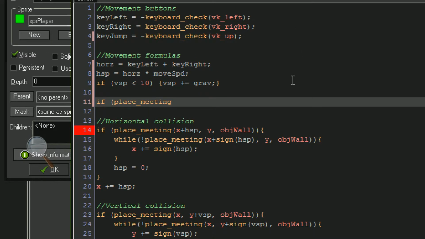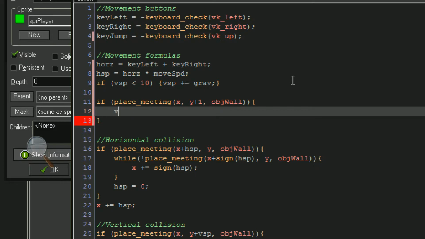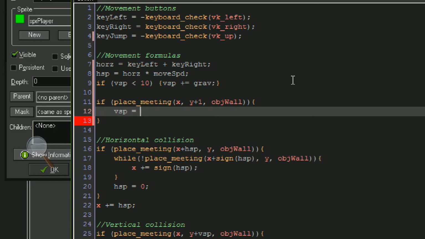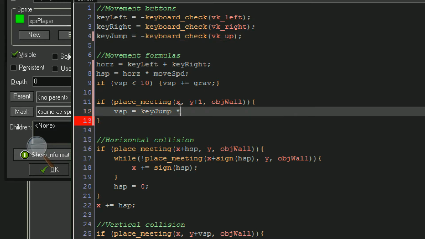Okay, so if place_meeting(x, y + 1, obj_wall), so one pixel below us, then vspeed equals key_jump. Because key_jump is the negative keyboard check, if it's true it'll return -1. So key_jump times JSP,